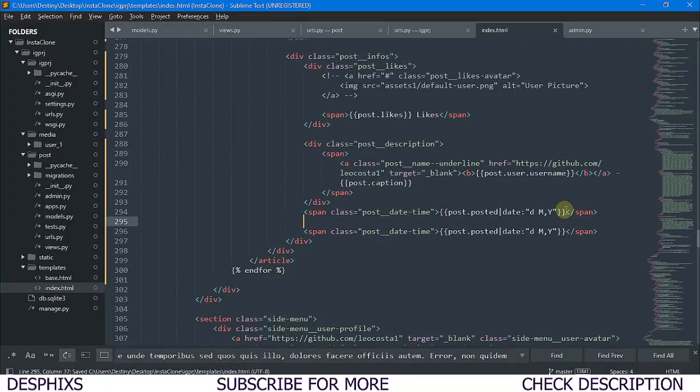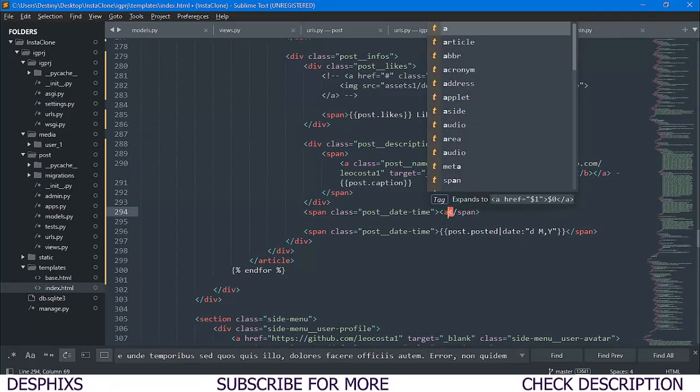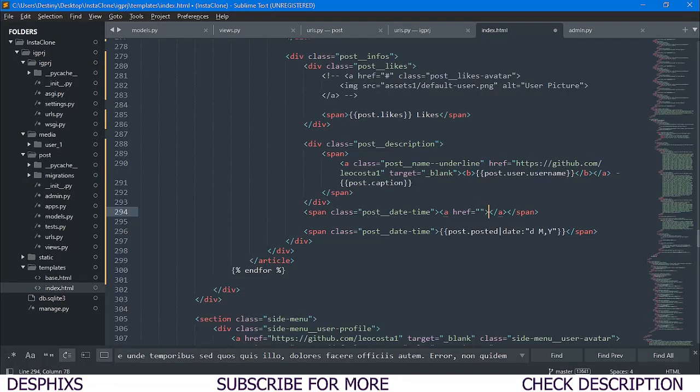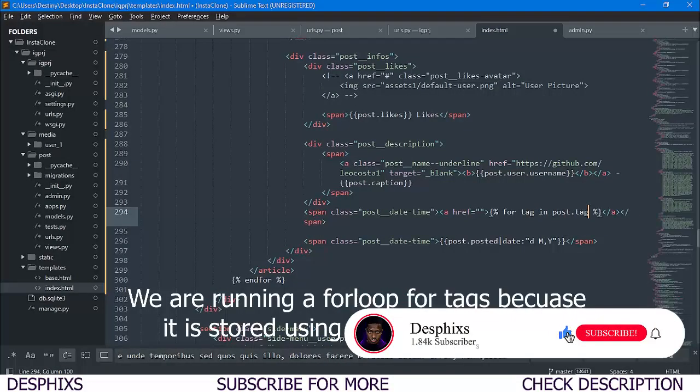But this time around we're gonna get rid of all this, and we're gonna open up an a tag just like that. Nothing is going to be in there. Then we need to run a for loop. So we need to say for tag in post.tags.all, and that's because it's a many-to-many field.